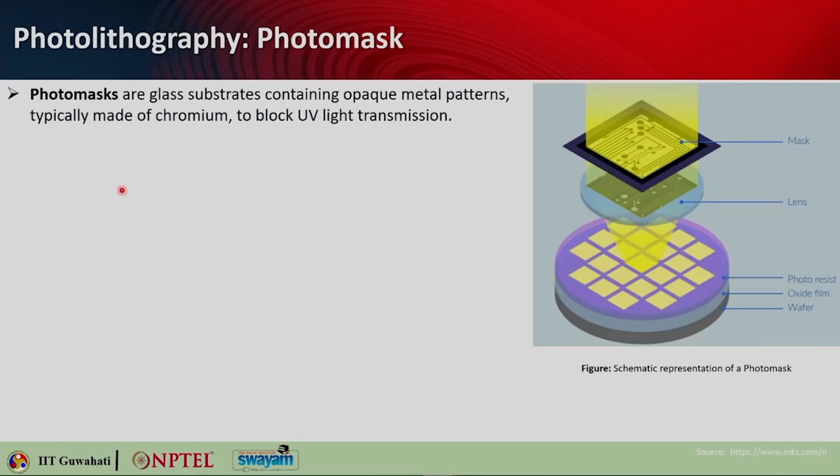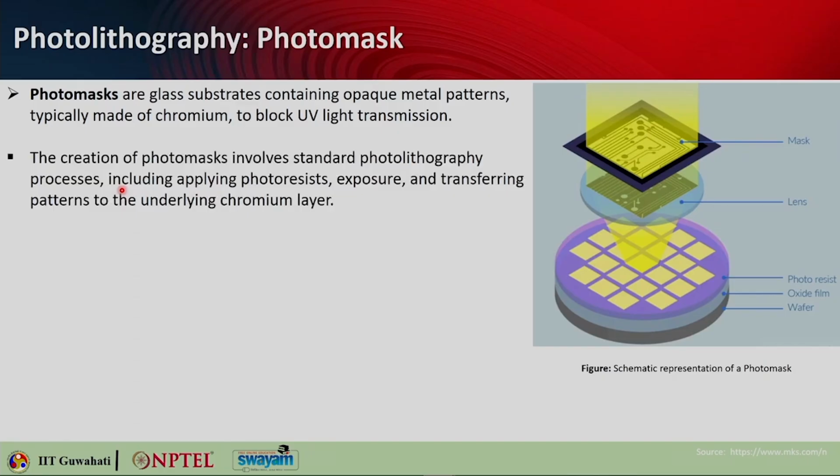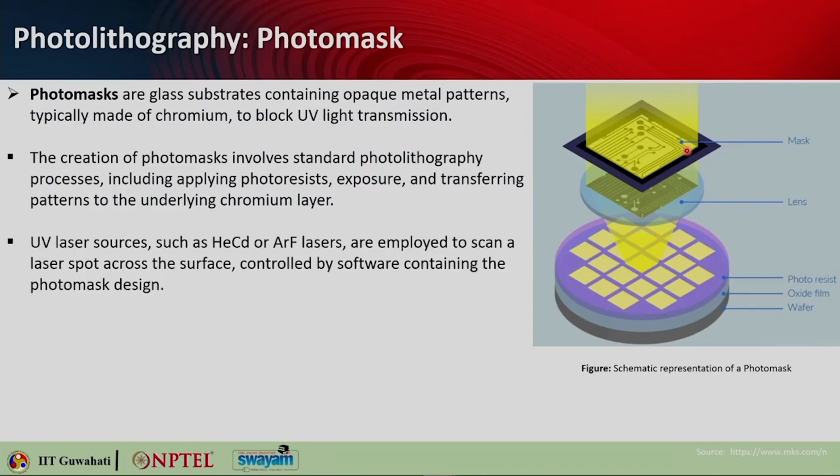Masks are basically glass substrates which contain opaque metallic patterns, and these patterns are typically made of chromium, which are supposed to block the UV transmission. The creation of photomasks involves a standard photolithography process, including applying photoresist, exposure, and patterning the underlying chromium layer. That way you obtain one mask,